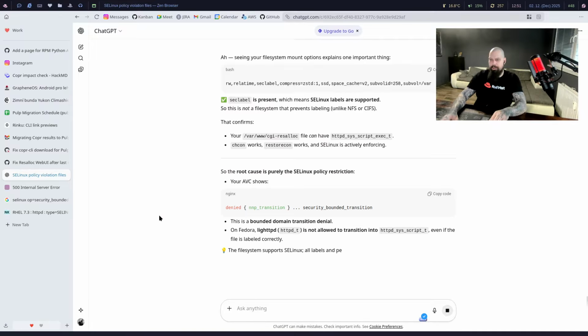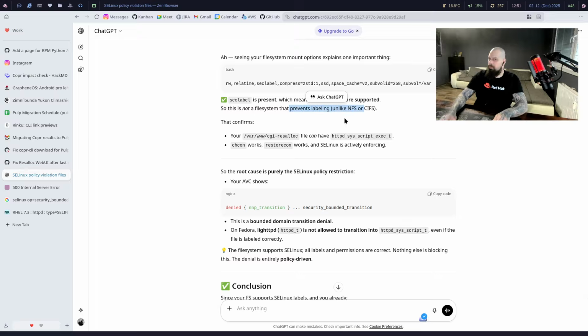Seclabel, yeah, we noticed that. Okay, which means they are supported. So this is not a file system issue. Okay, cool. So there it goes, purely the SELinux policy restriction, it is not allowed to transition even if